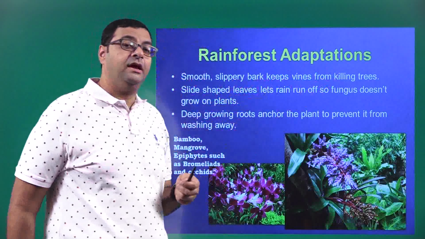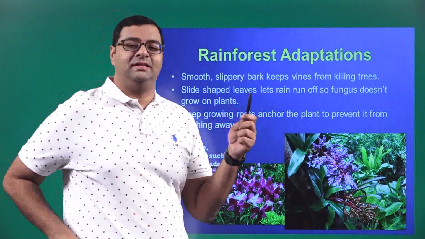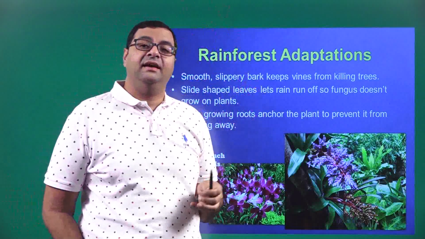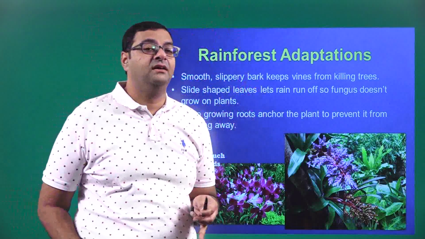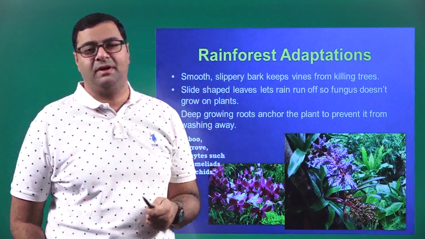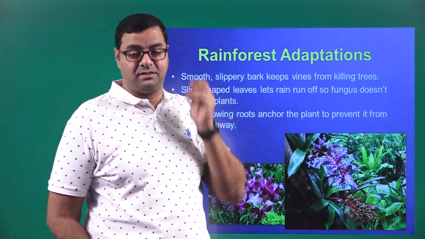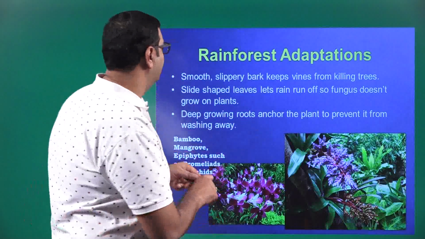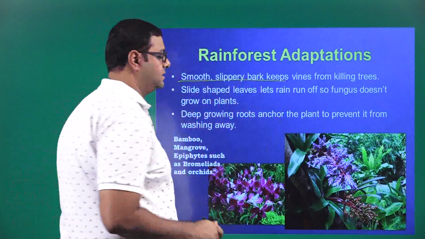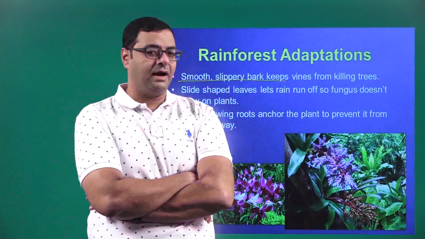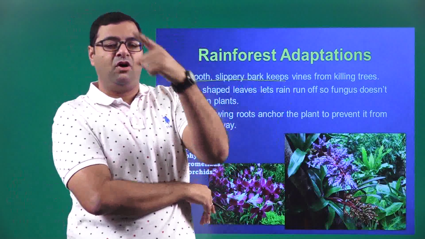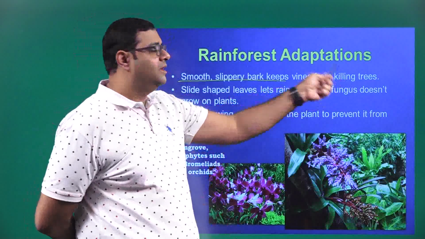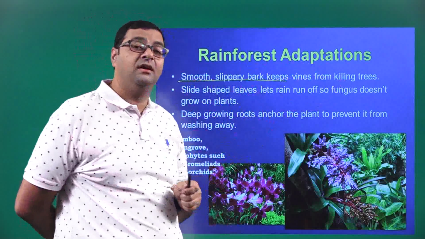Now here in rainforest you can see a lot of twines or vines. They vine around the parent plant. They start living on that particular plant and they start slowly depleting the growth of the host plant. So when that is happening, what do these plants do? Now these plants have smooth and slippery barks. So when they have smooth and slippery barks, the vines will not be able to latch on to that particular bark, and they will not be able to kill that particular tree. Okay, then